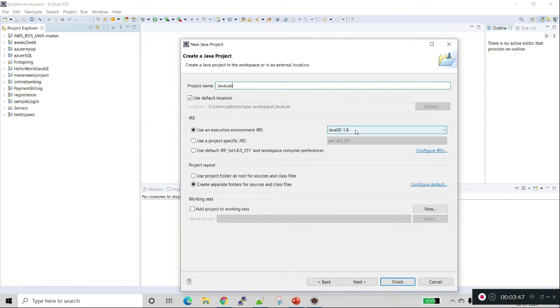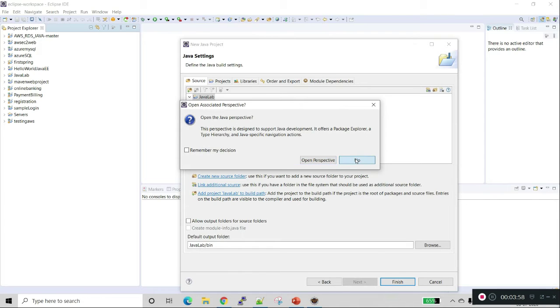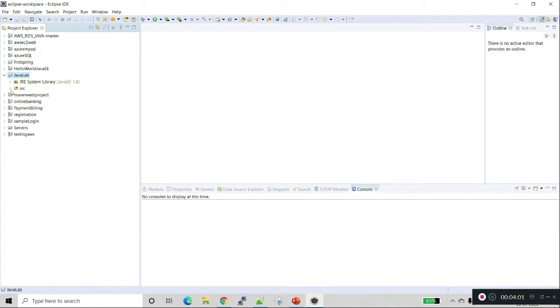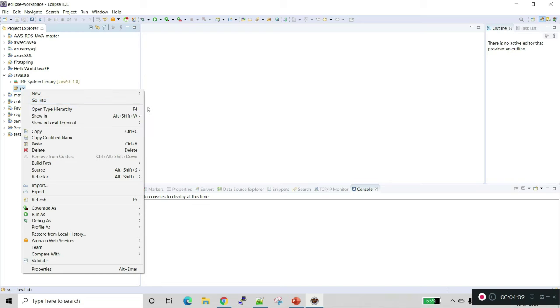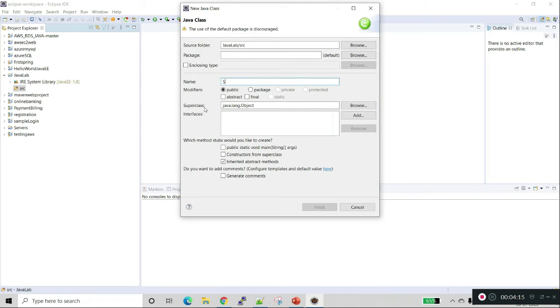It's using the Java environment. We'll create a new Java class and give it the name single inheritance test. We will add a public static void main.